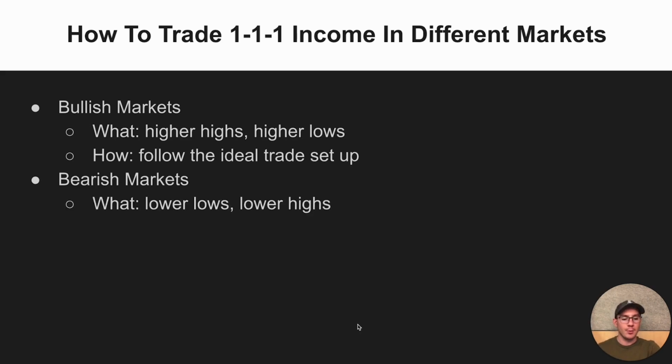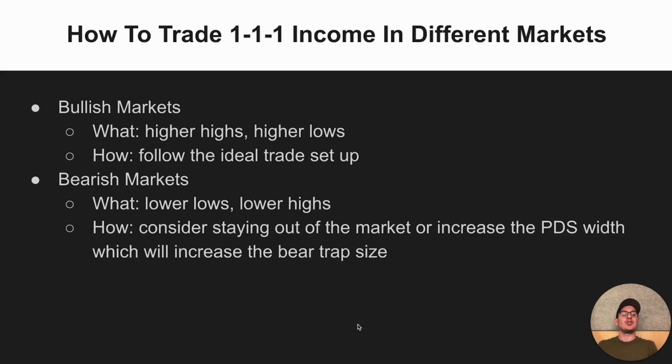If we're in a bearish market, which means that the lows are getting lower and the highs are getting lower, basically the market's moving down, then we want to consider staying out of the market. 99% of the time when the market is going down on a trending basis, not a single day or 2 days, because that doesn't matter, but if we're trending down, I'm just going to stay out of the market